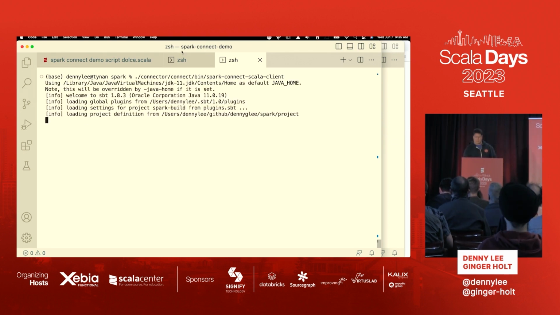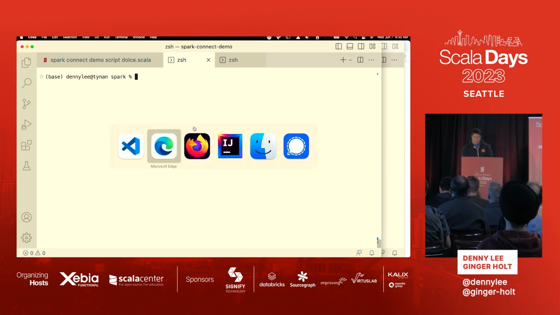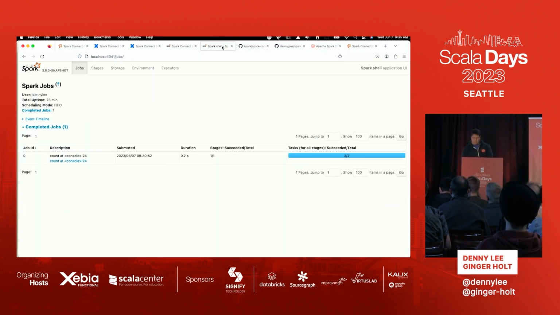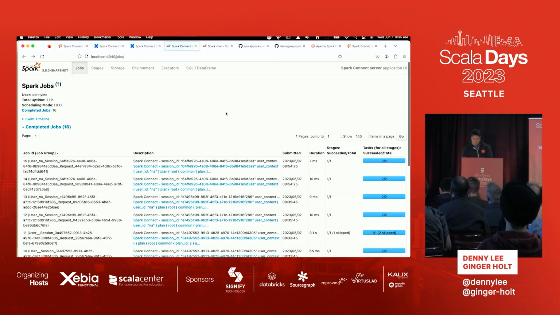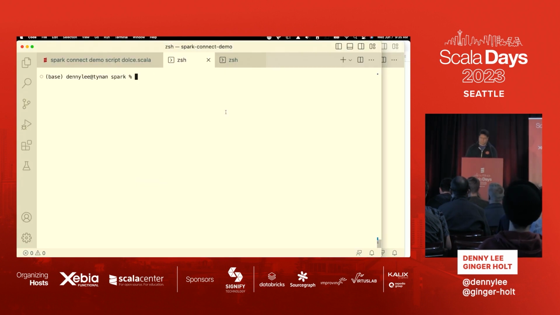Since I'm not going to make you watch the build, let me start running part of the demo. All right, first things first, I believe I already started the Spark Connect server. Let me check here. Okay, yeah, still running. Okay, cool. All right, so when I do a simple thing like spin up Spark shell, that should connect to some instance of Spark, okay?